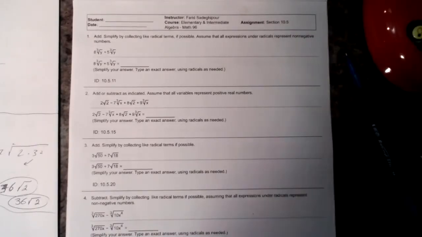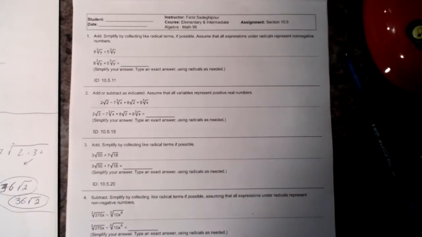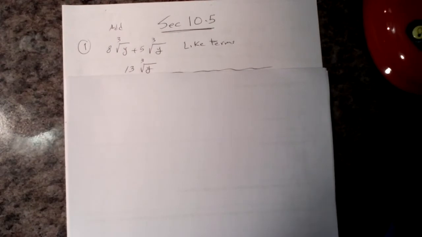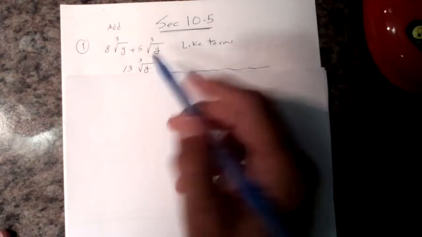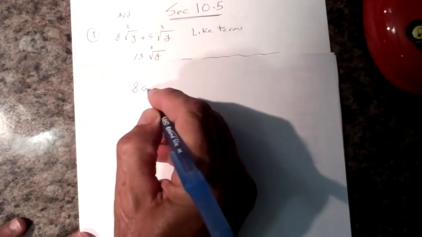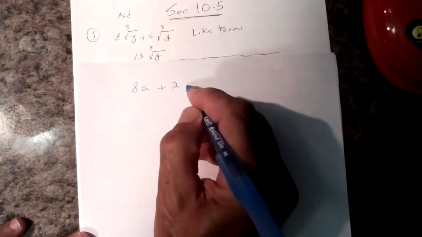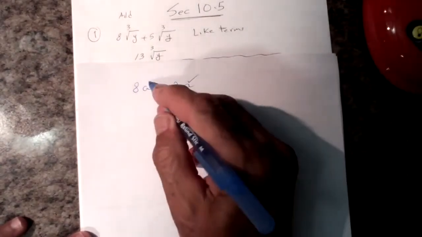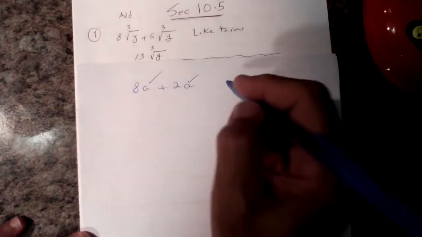Section 10.5, Math 96. In this section, you start with like terms. What are like terms? When you have two terms that are identical, they call them like terms. Like here, let's say I have 8 apples and I add another 2 apples. So the variable parts are both equal. So then I have